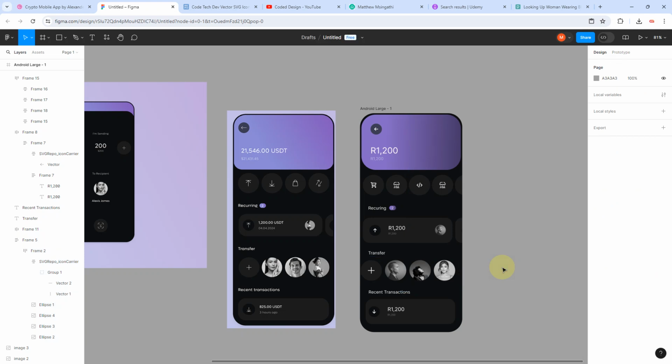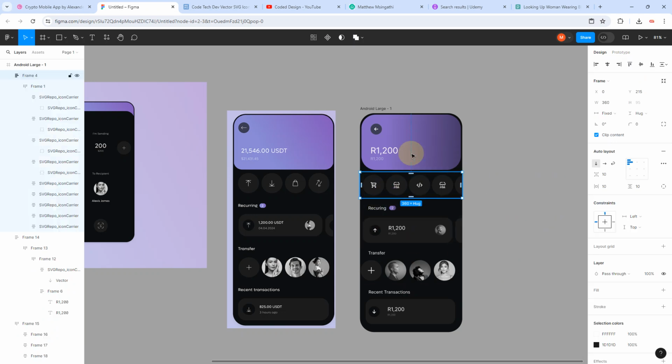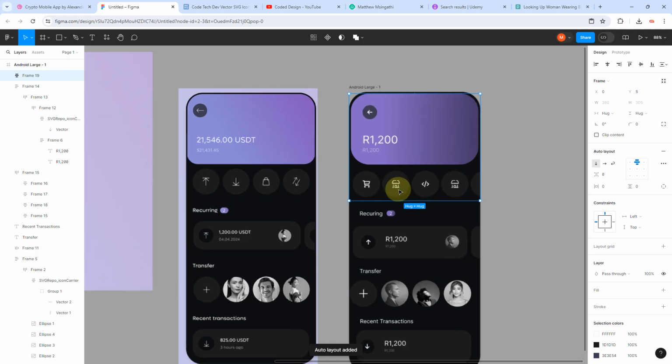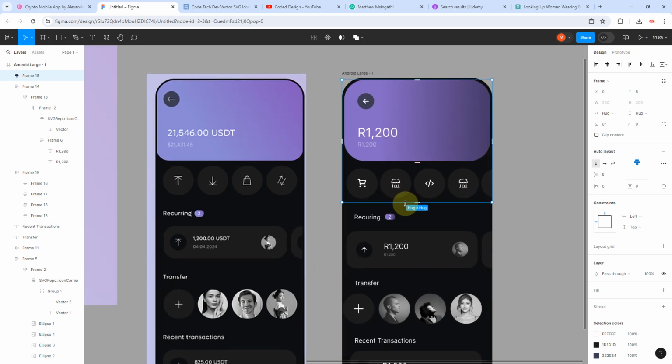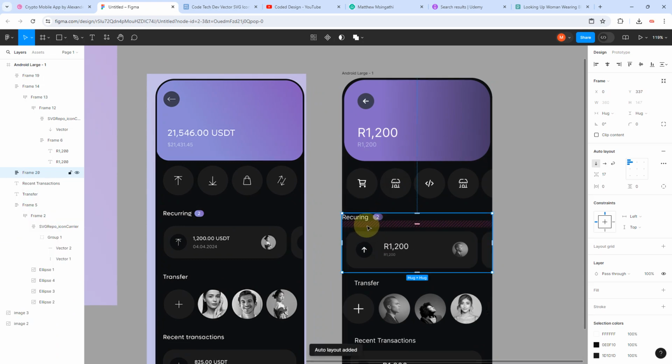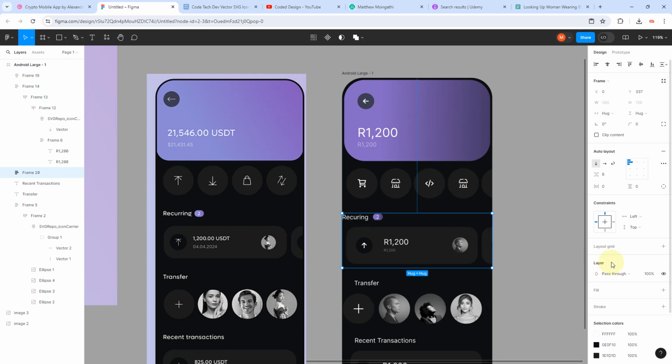So maybe what I might want is to align things in a certain way. I'm going to click this one and press Shift A so that these can be on an auto layout. And then this one and this one, Shift A, these can be on an auto layout. Then let me move this up a little bit. I'm happy with this. And then I am going to use in this auto layout,